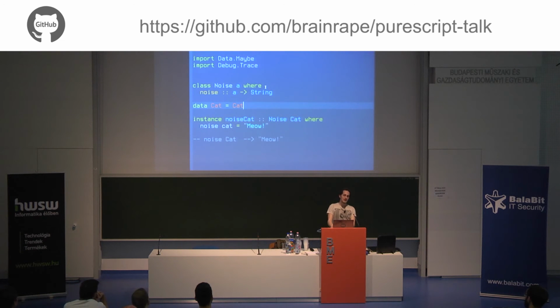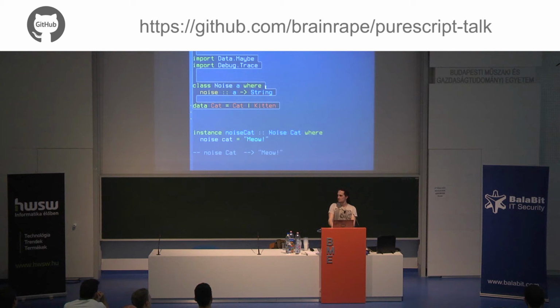So if I define a Cat data type, which has just one type constructor, Cat, maybe here one kitten, then even if I don't have access to this original type, Cat, or this Noise, so I can't change it, I can add this noise function to the Cat. So when I implement the Noise Cat type class, I can call noise on all kinds of cats.